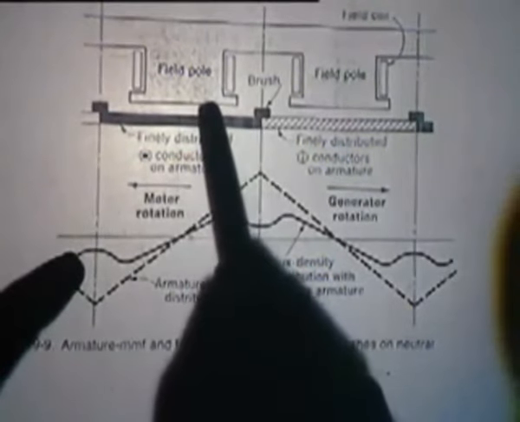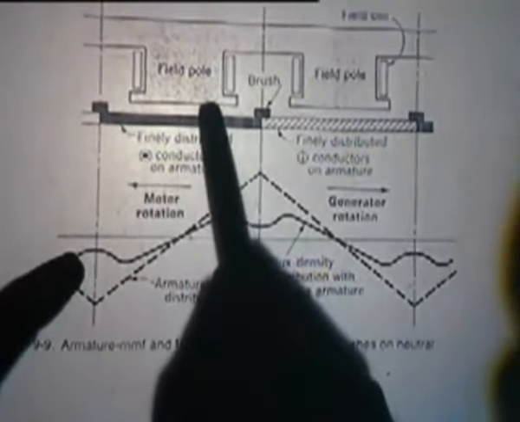So once you say it is a positive flux density, it means flux will go in one direction, and negative flux density means flux will go in the other direction. We can see it a little more clearly in this picture. When you say this is the positive flux density as indicated, the flux is moving from the armature to the field, that is from rotor to stator, because this half has a positive flux density and here is a negative flux density, so flux is coming down like this.